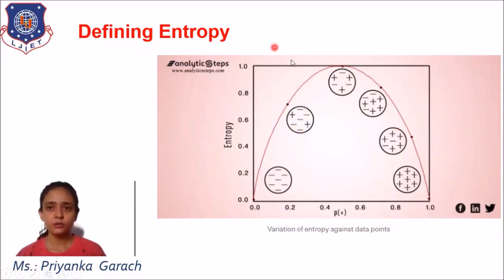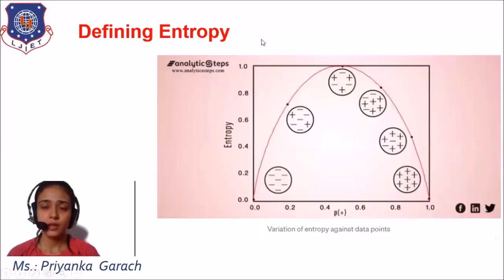Over here also, you can visualize that maximum plus are there and few minus are there. So we can ignore the minus sign over here. But at this particular point, I have 3 plus and 3 minus. Then which class to ignore and which class not to ignore? It is very confusing. So we can't predict anything over here.